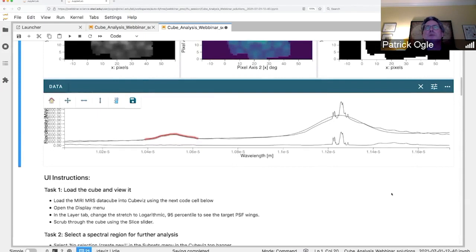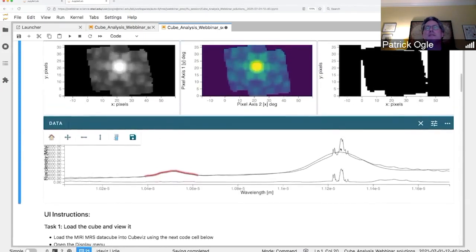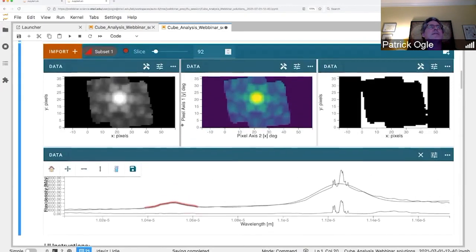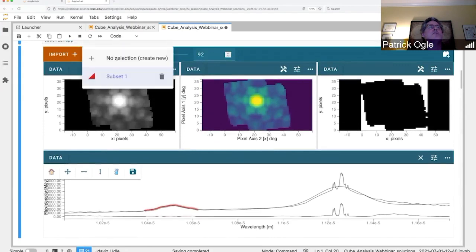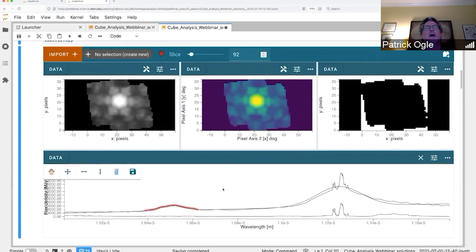All right, so we want to do a moment 1 map, which is a velocity map of this narrow line. So we can just go up here and create a second subset. We go up and click where it says subset 1 and change that to no selection, create new. And then what you do is select the region selector tool and specify that narrow emission line that you want to map. It will highlight it green, and again, it's hard to see, so you can adjust the thickness of a line,